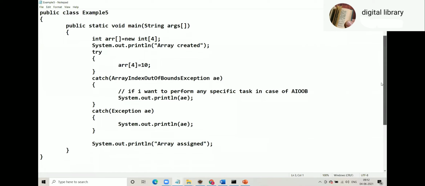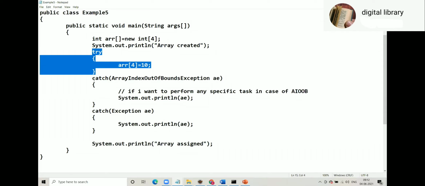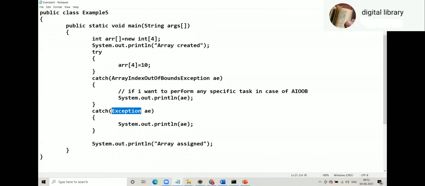Look at this code. First of all, look at that one try and multiple catch. Number 2 is, despite we have Exception here, ArrayIndex is written. Why? Exception can catch any exception, including ArrayIndex. So why do we have a separate catch for ArrayIndex?